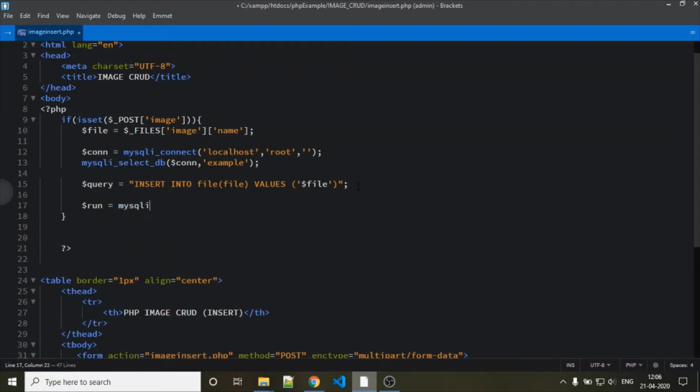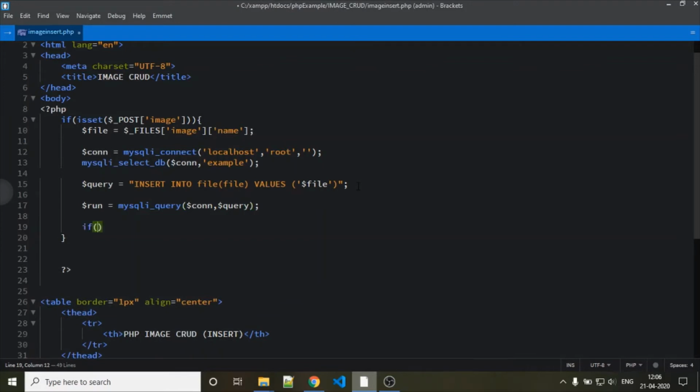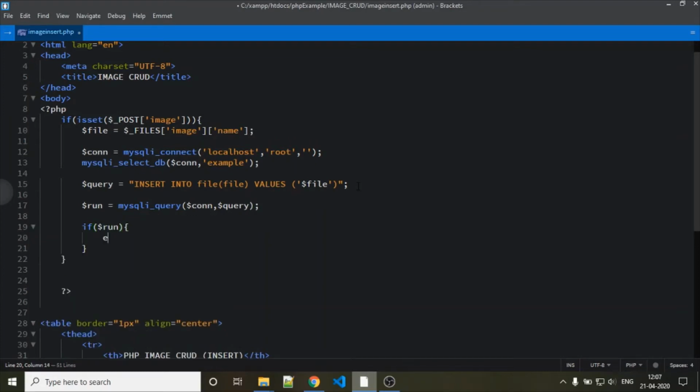The mysqli_query function first needs the connection variable, and another is the query. We check whether this query is executed successfully, and then we display one message, inserted. If not, then we display error.